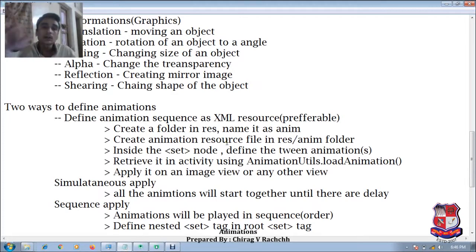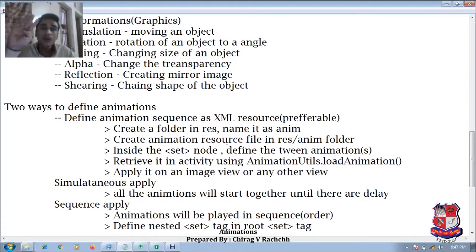So both these types are advantageous and can be used depending on the situation. If we have to use the same animation on multiple views in multiple files or different activities, then it is beneficial to define them as an XML resource and put them in the anim folder. Otherwise, let us see the other way, which is defining animations programmatically.